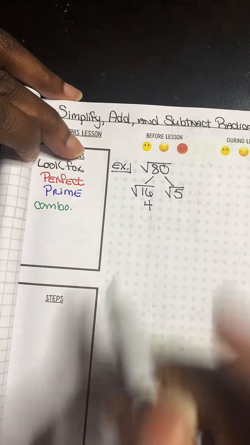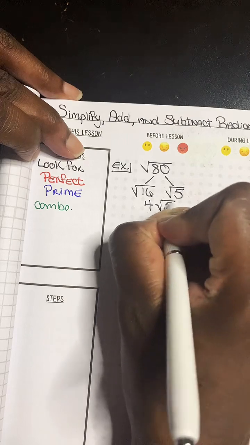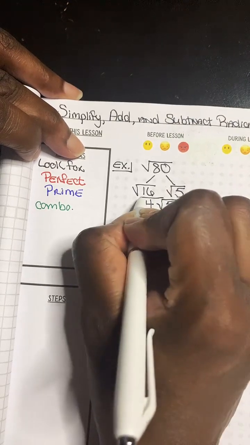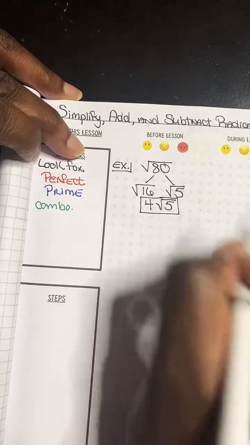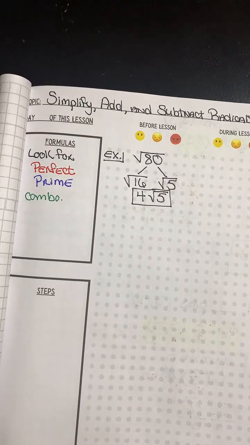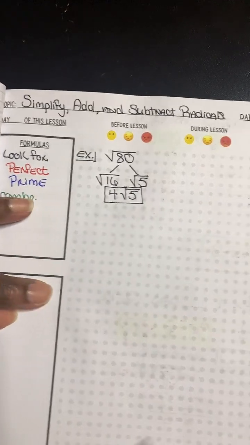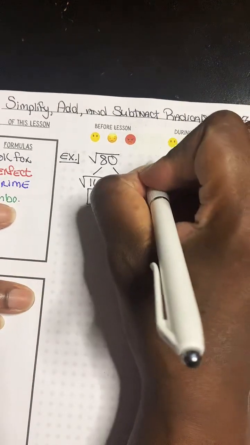The square root of 5 is prime. So if I can't break it down, I simply bring it down. And that is my simplified form of the square root of 80. So you're always looking to simplify. You're always looking to break concepts down. Now, what happens if we have